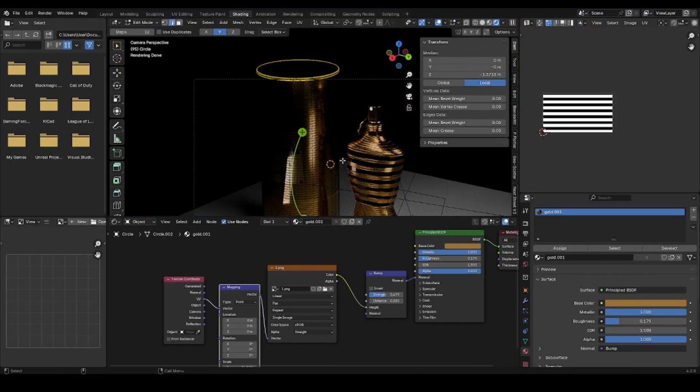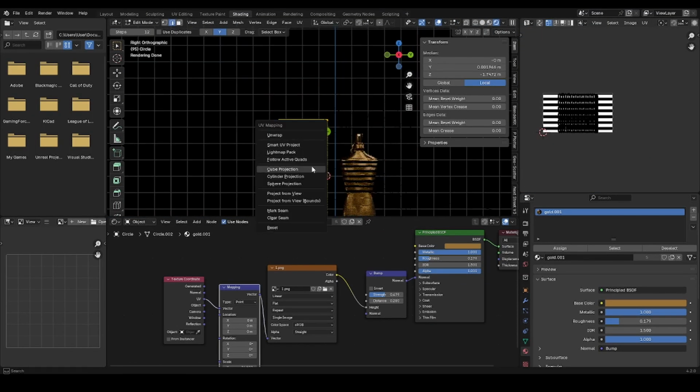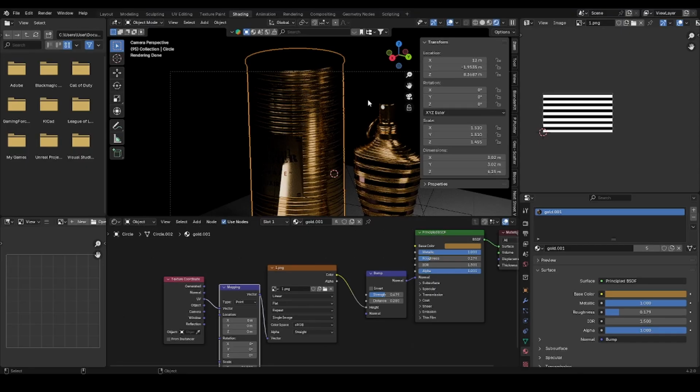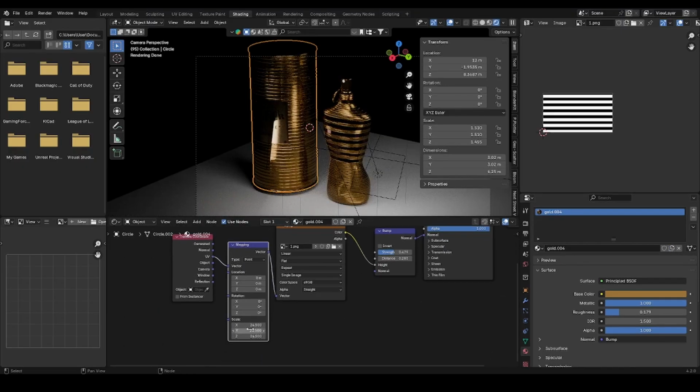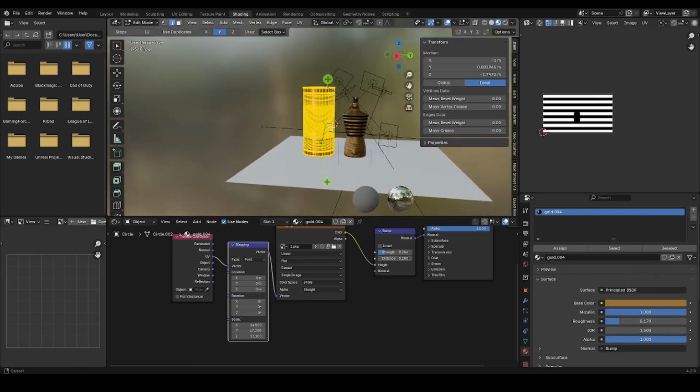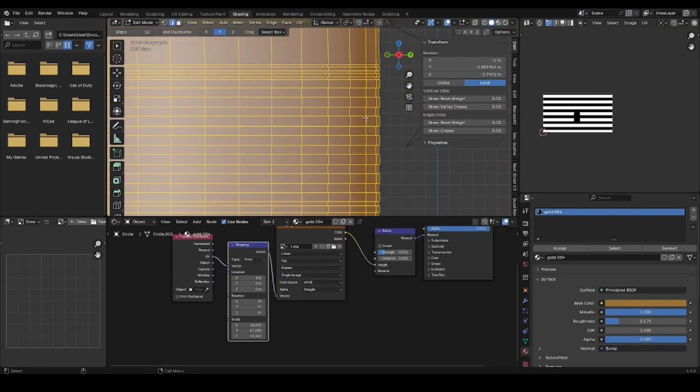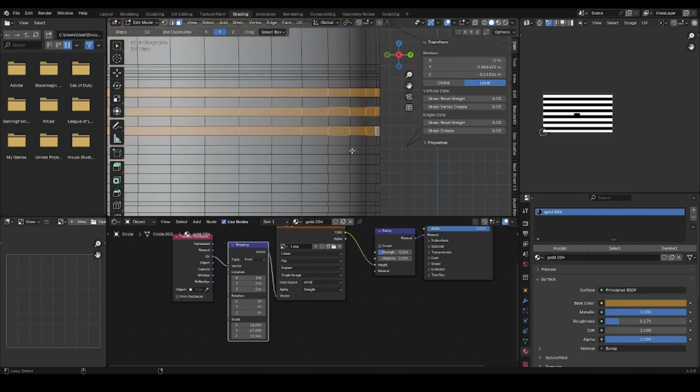We're gonna select the whole thing and go to the side and project from view, so the material projects like the other model we have. We're just gonna change the scale of this material. We're just gonna duplicate it first and then change the scale of the material so we have more lines, more horizontal lines. Then we're gonna hop into edit mode and we're gonna add these glass lines like the ones